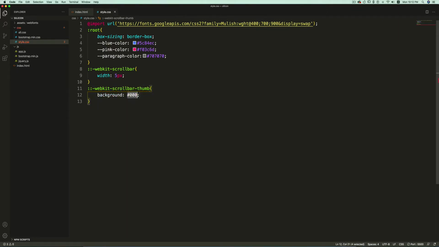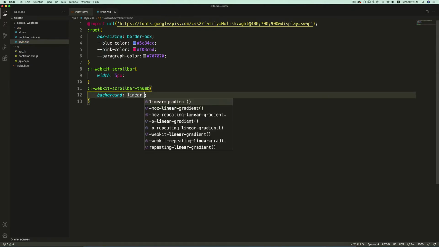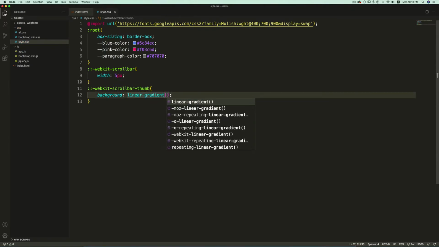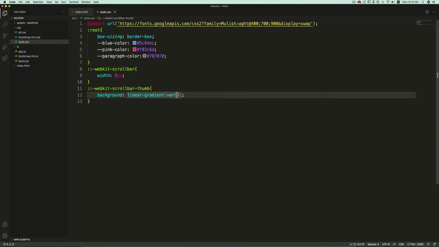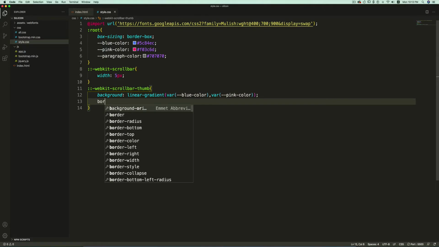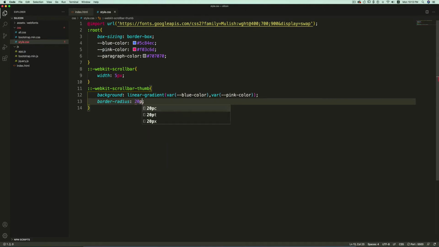Here I'll set the background to a linear gradient. The colors I'm going to use, I'll use the variables: var first the blue color and then var the pink color, and I'll give a border radius of 20 pixels.